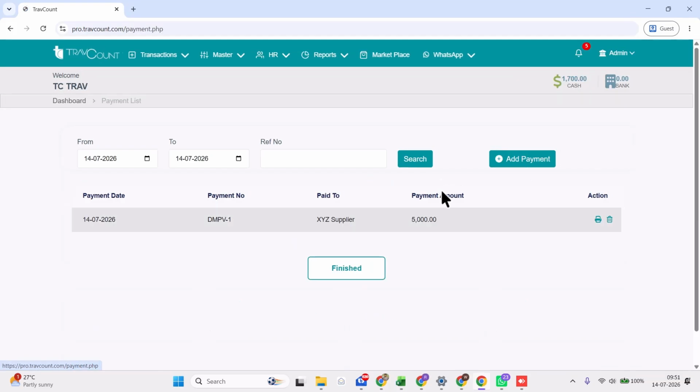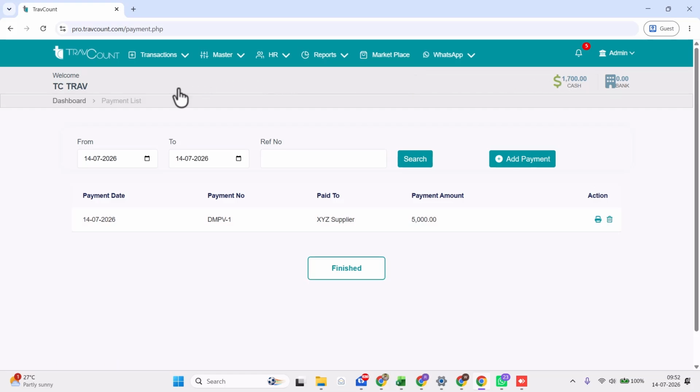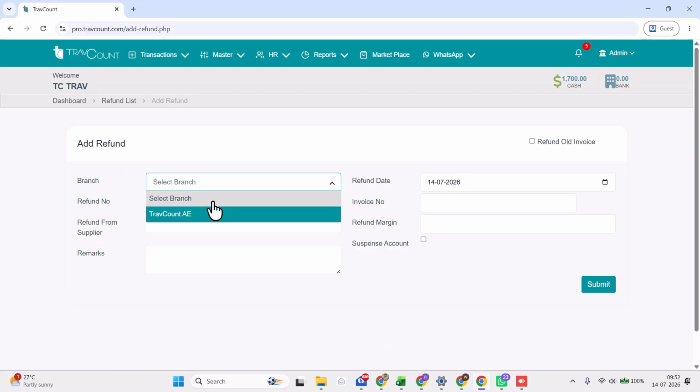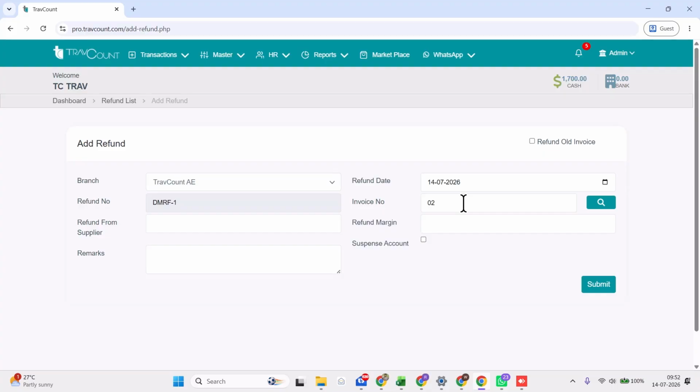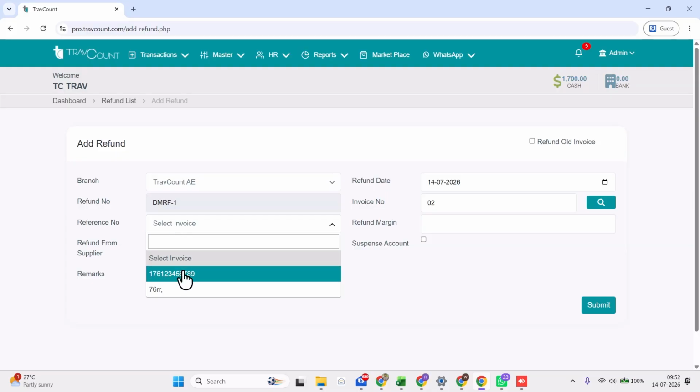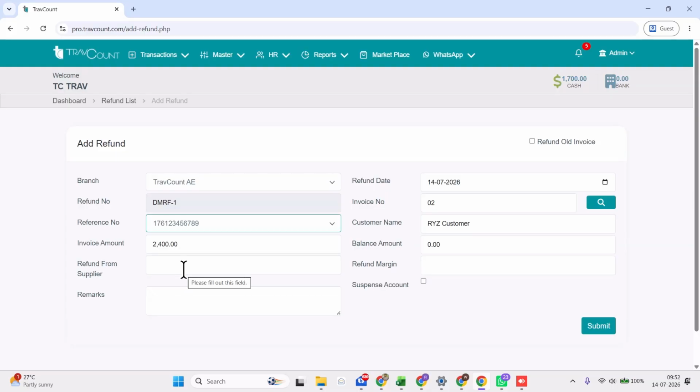And here you can see the list of payments. If you want, you can delete it, and you can see the amount is already reduced. Here you can see the refund, how the refunds are performed. You just choose it, and enter the invoice number over here. You can search it. Okay, and in this invoice, which ticket you want to refund, you just select the invoice,